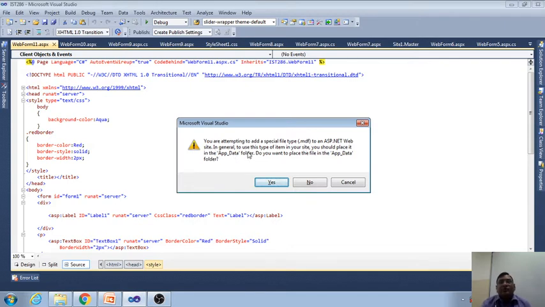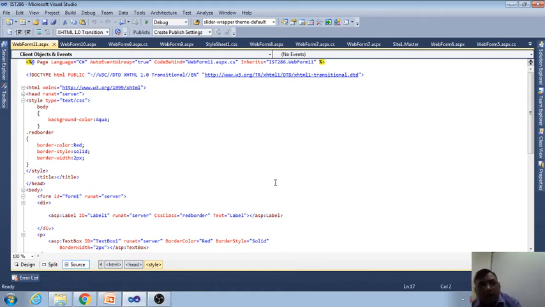In general, to use this type of item in your site, it should be placed in the App_Data folder. So what we need to do is click Yes. When we click Yes, one App_Data folder will be created, and inside that folder our college database will be created.